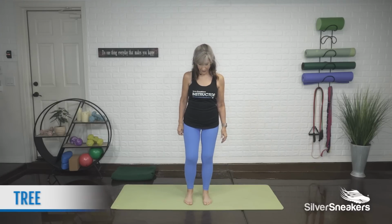Find strength, stability, and grounding in tree pose. As you lift your right toes and plant them like roots, open the left hip, lifting the heel and kickstanding it above the ankle,